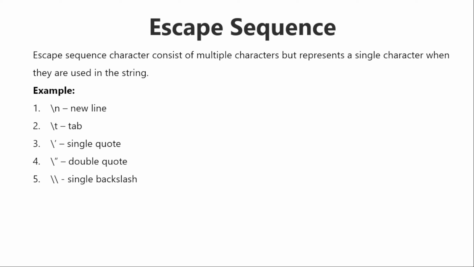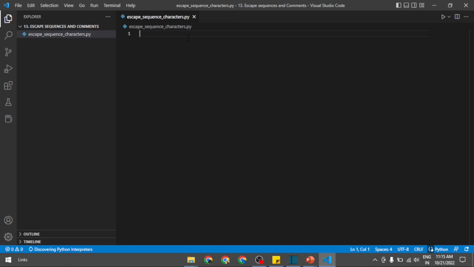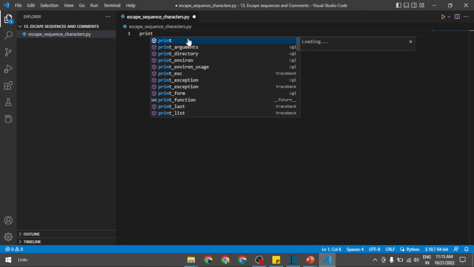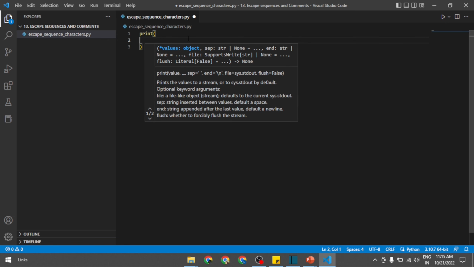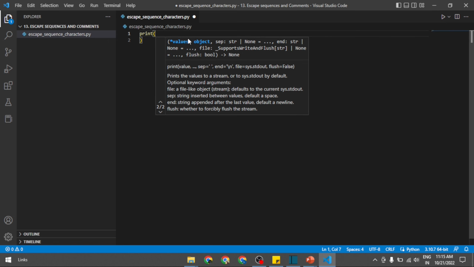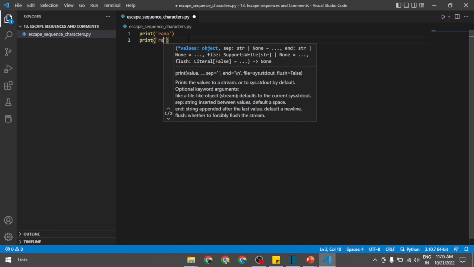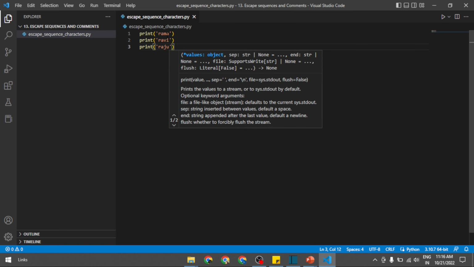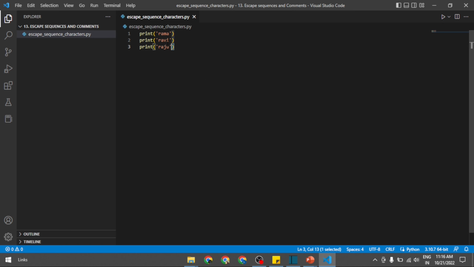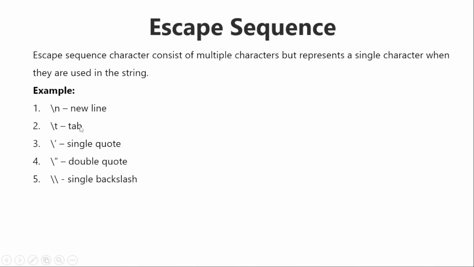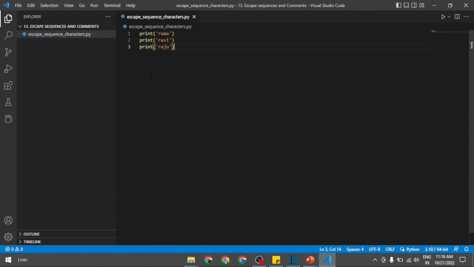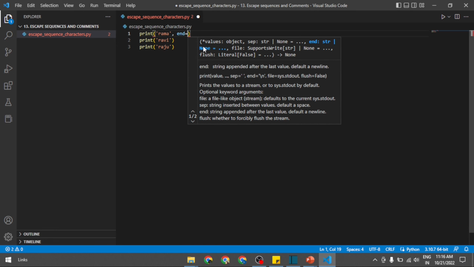So now let us execute this with examples. Now let me print the same example which I have created before. Rama, Ravi, Raj. So these are the 3 print statements. Now let us proceed one by one. Now let us add an escape sequence character: end equal to